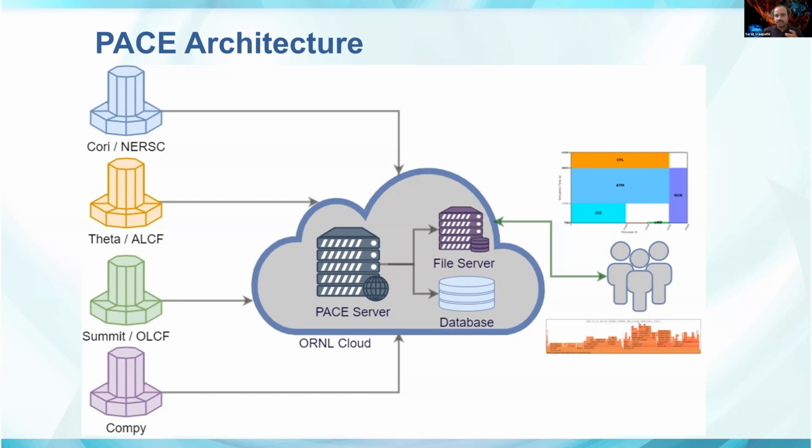And on the right, you have users accessing this data through a web browser. There is a web portal that is the UI for all this data. They can query their experiments based on various model attributes: machine, user, comp set, which is the problem configuration name we use for our runs, and model resolution. There are a bunch of other attributes you can search as well. Once you pull up a particular experiment, you can then deep dive into the performance for that particular run. You can also compare across experiments. I will show these in a demo, so that will be more clear, but architecturally, this is how it looks.